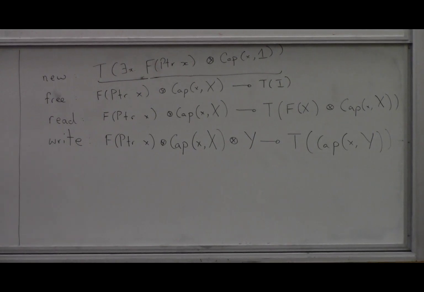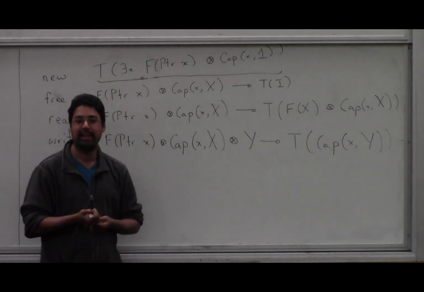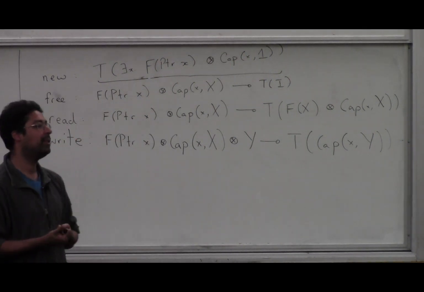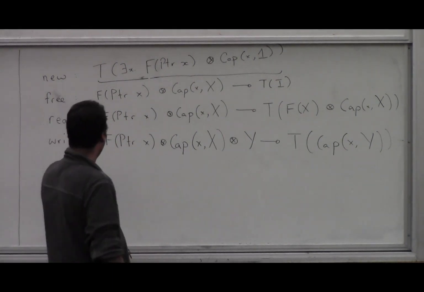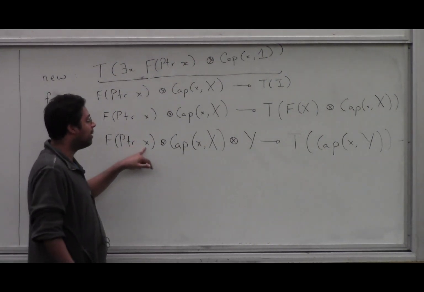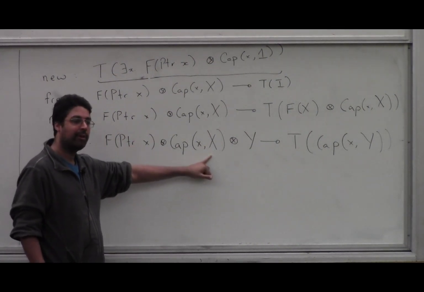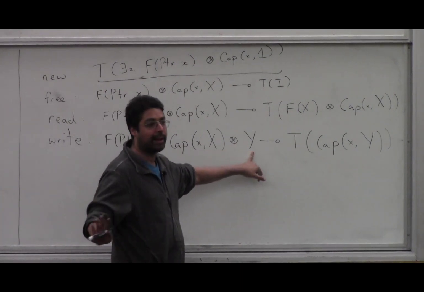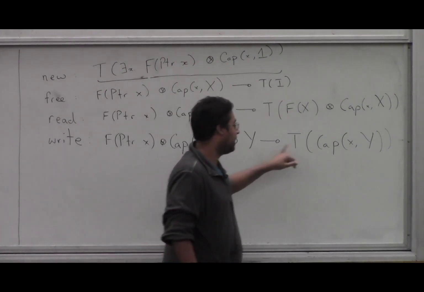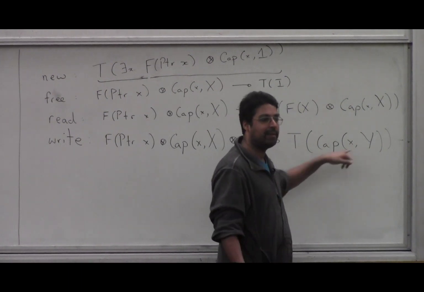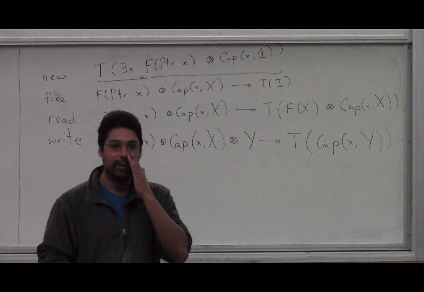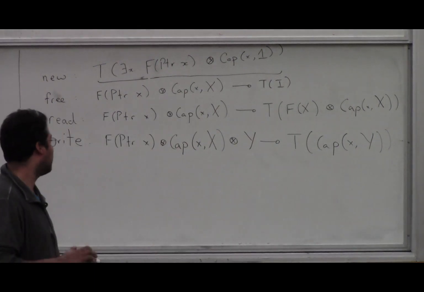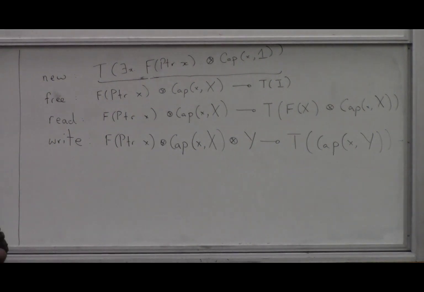One thing that's worth noting is that when you treat capabilities explicitly and linearly, you gain an ability that you don't have in a language like Java or ML. Here, what write is saying is, give me a pointer pointing to x, and then give me a y, which could be of a completely different type. Then when I perform the update, the type of that pointer will change. This is called strong update, and when you're implementing systems, it's sometimes a useful thing to be able to do. Like you start in an uninitialized